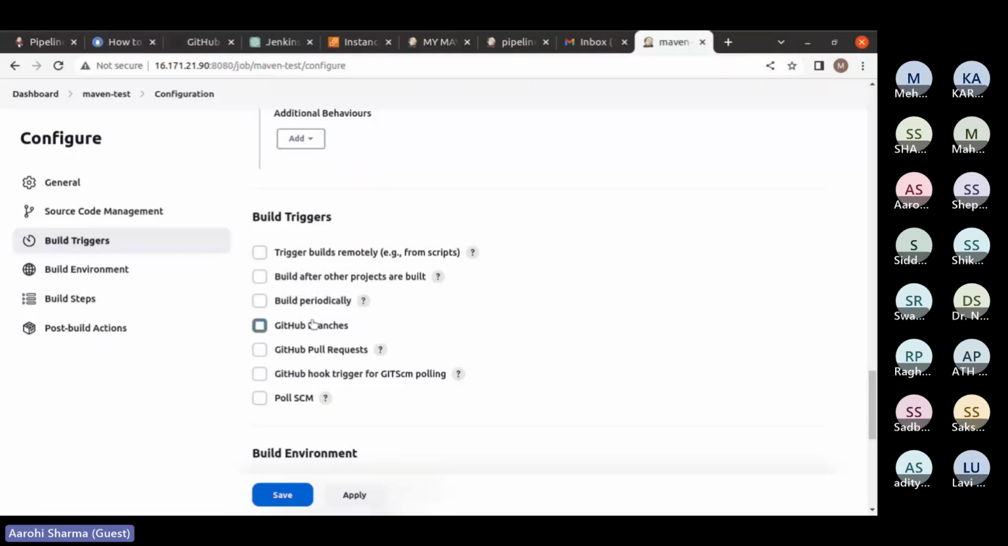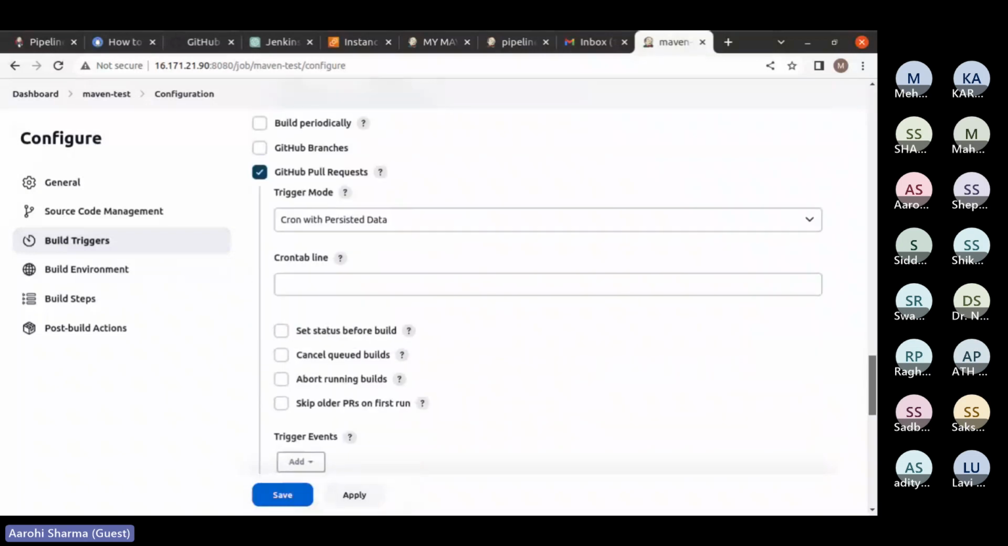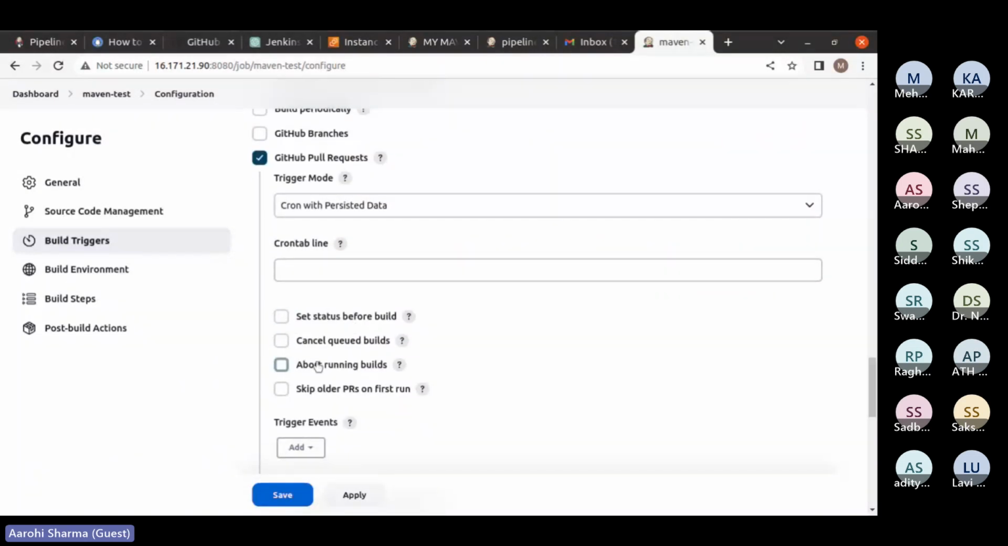Then we have the option for GitHub branches also. If you make some GitHub branches, you can opt for that option and look into it. Then if you raise a PR, a pull request. What is a PR? A GitHub pull request. So you can go and take that PR and put it inside it. I'll show you. Cron with persisted data, then crontab line, then set status before build,